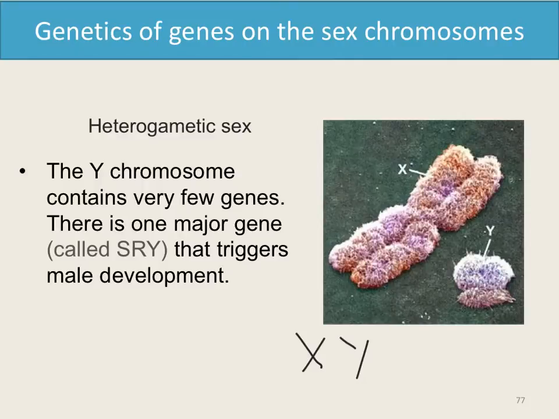Because an individual, a male who is XY, can have a mutation on the X chromosome, and the Y, of course, doesn't rescue it, or on the Y chromosome. So the heterogametic sex is much more likely to suffer from these problems than the homogametic sex, which is female. So they're XX. A lot of times you'll have an XX female who has one copy of, let's say, a deleterious allele, and